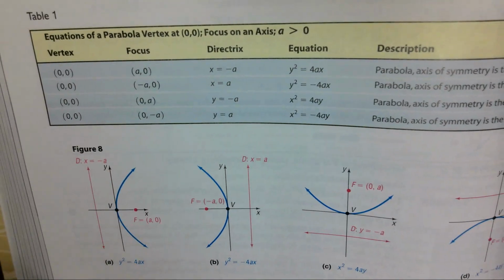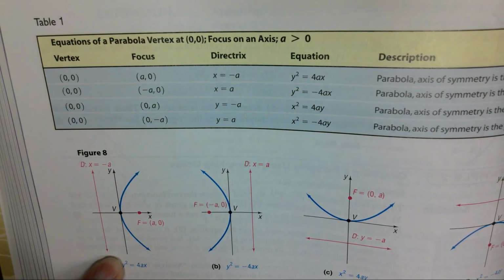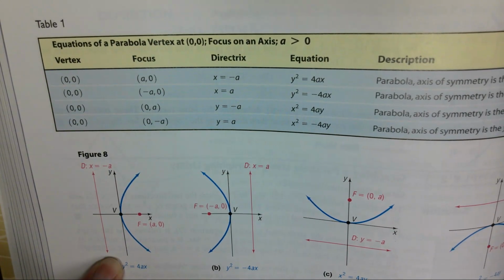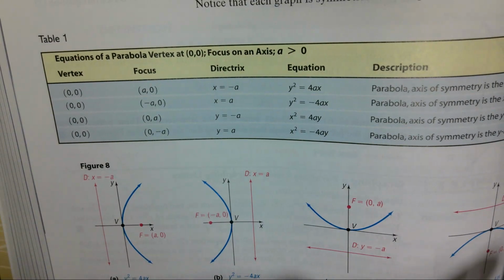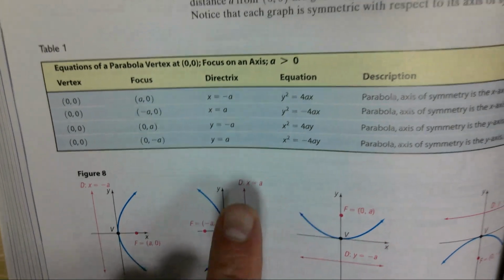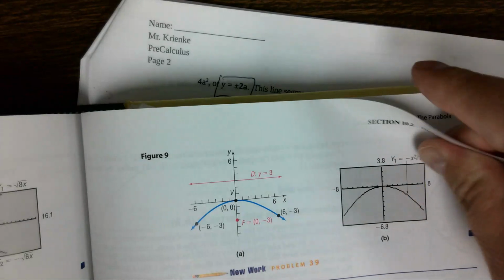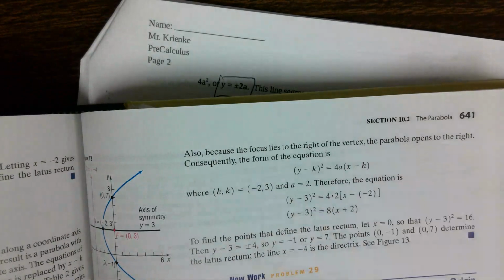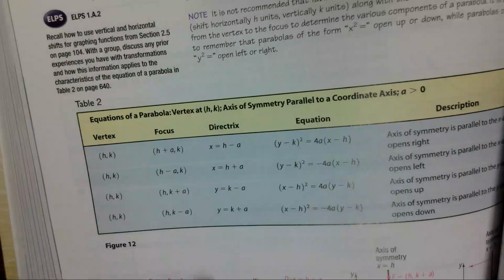Now, you'll notice that the directrix line is a vertical line for these two, and it's a horizontal line for those two. And so there's your formulas. And it's even more complicated formulas when you're not at the origin. So like if you're not at 0, 0,